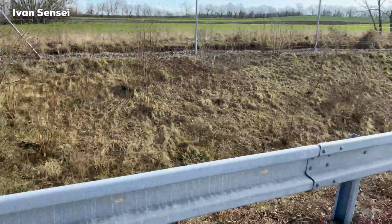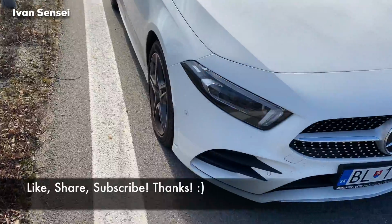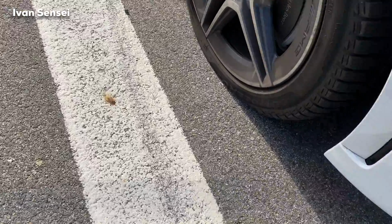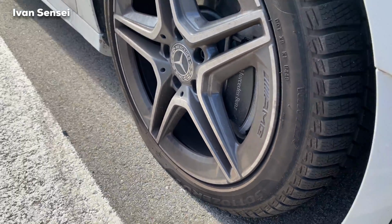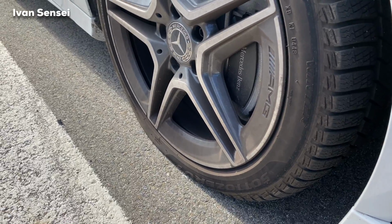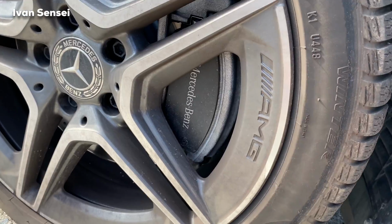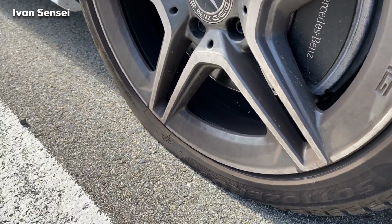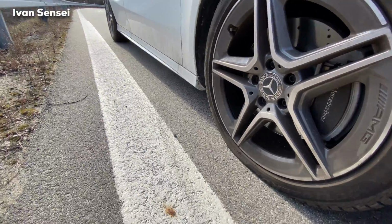Alright guys, so I'm here in the middle of nowhere, and that's because I got a flat tire. So yeah, I got it on the highway. It looks like the rim is fine, and this is my first flat tire after like 5 years, and there